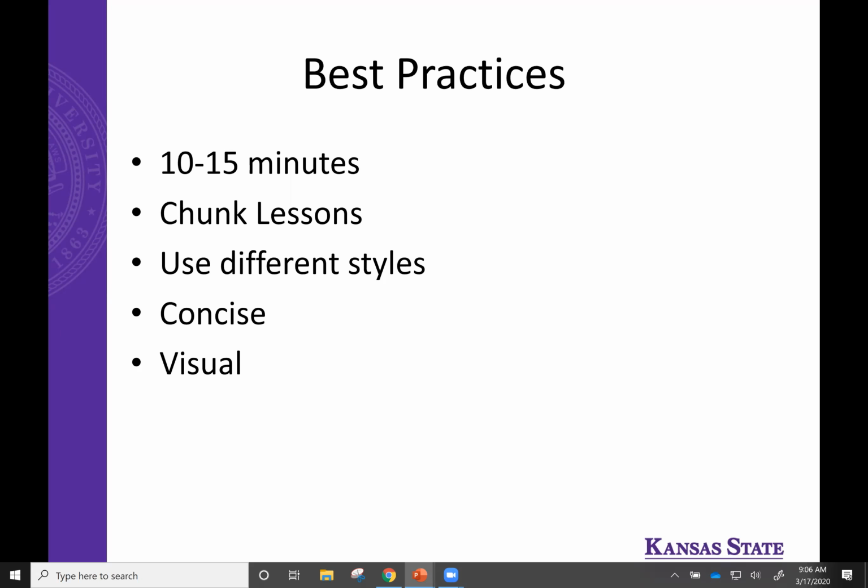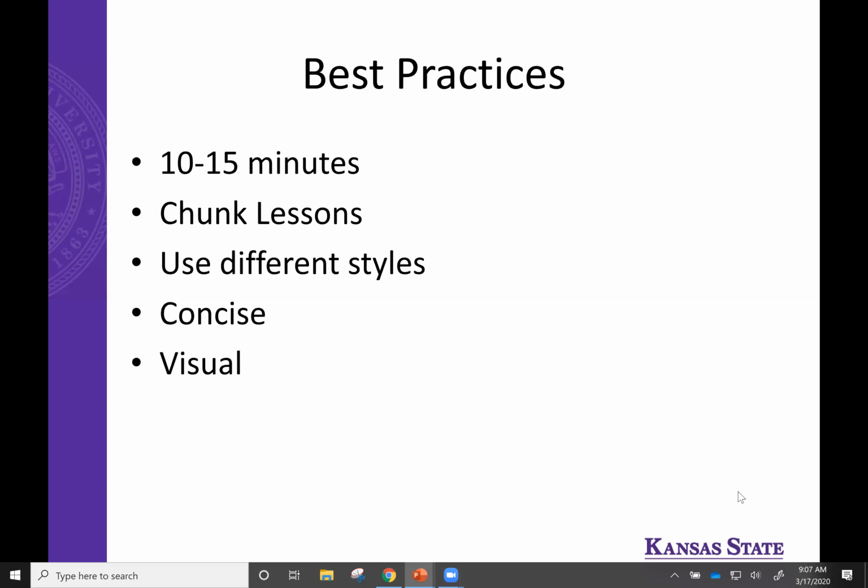So as you can see here, my slides are very, very simple. If I had lots and lots of time, I'd be very, very visual. I'd be adding pictures, I'd be adding graphs, I'd be adding a lot more concepts. But we're time crunched. We're in a very unusual situation here. So we're not necessarily creating perfectly polished, amazing lecture content. We're just doing our best to get through this time period and provide the learning materials that we need to